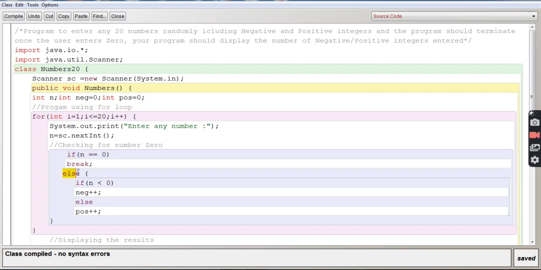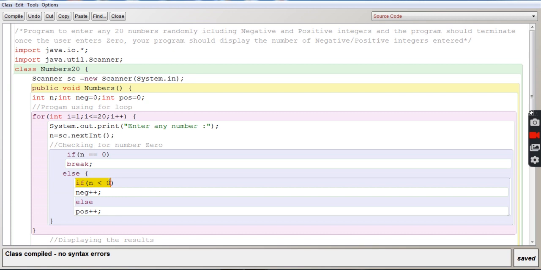As it is false, it will go to the else body, and the else body will check if n, which is 3, is less than 0. Again false, so we go to else pos. Pos means positive, and it is going to count the positive integers. I have taken neg, which will count the negative integers entered by the user.